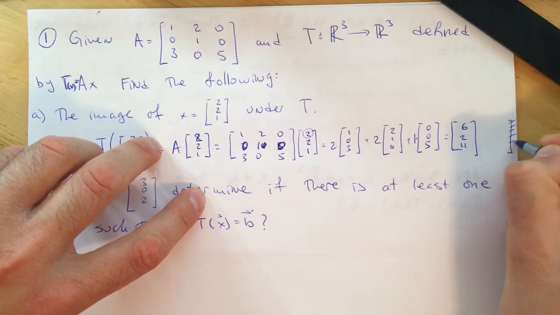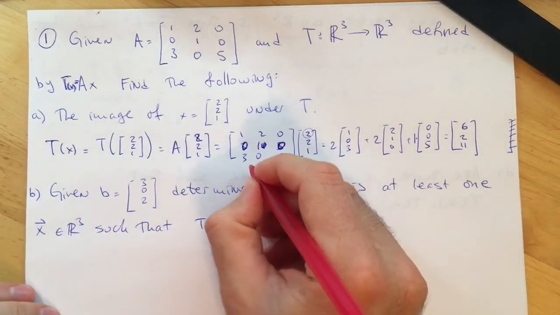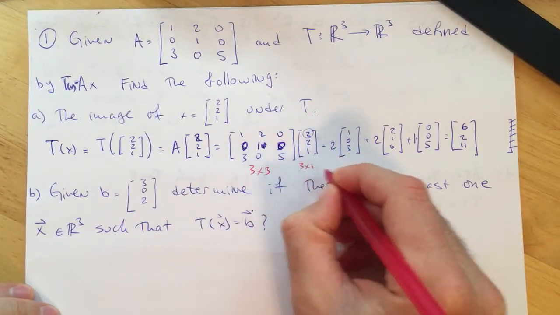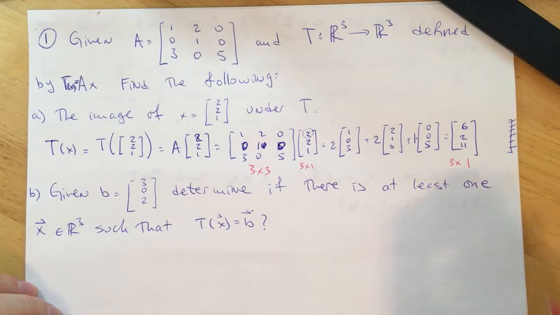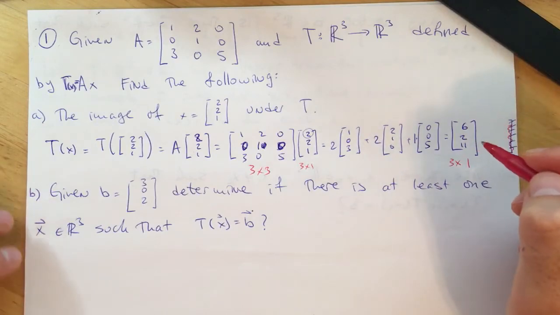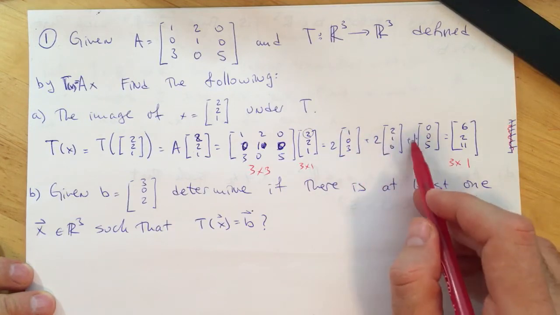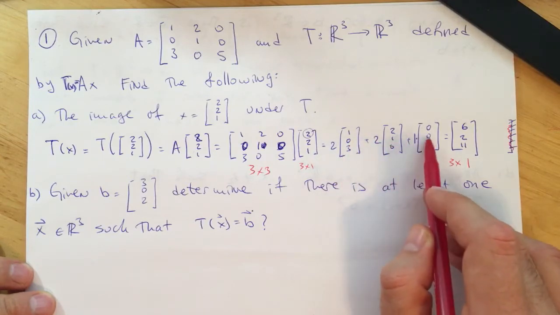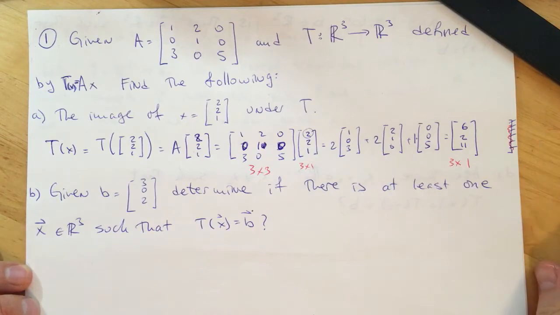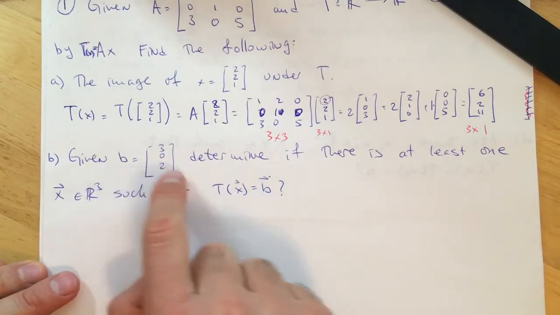Okay, and obviously I caught my mistake here. This is a 3 by 3 matrix, and this is 3 by 1, so the product is going to be 3 by 1. Sorry about that mistake. Or you can just say 2 times 1 is 2, plus 2 times 2 is 4, plus 1 times 0 is 0, so 2 plus 4 is 6. 2 times 0 is 0, 2 times 1 is 2, 1 times 0 is 0, so only 2, and then you have 11. Okay, the next question is